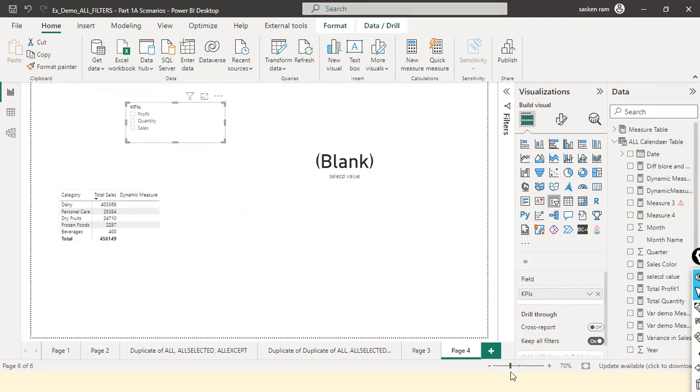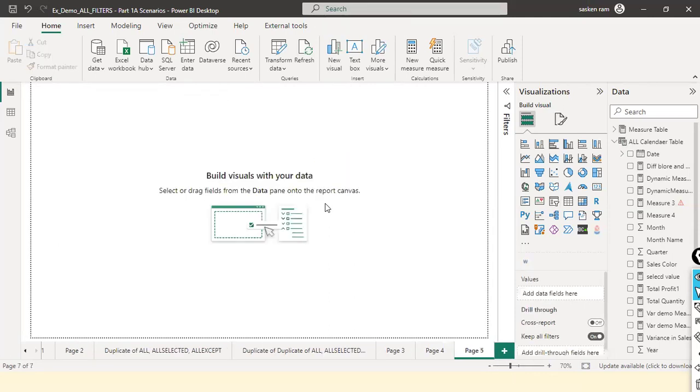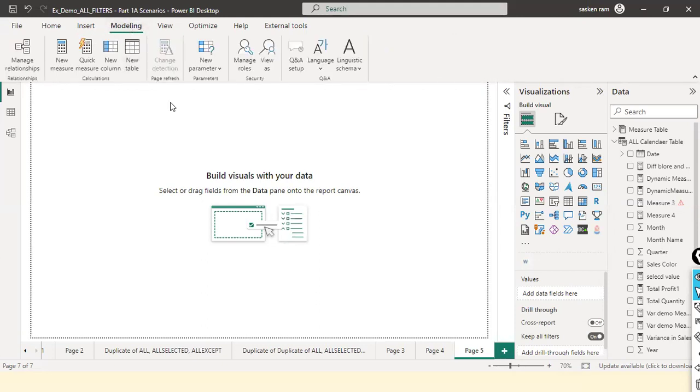Is there any possibility? So we have something called parameterized measures. Okay, parameterized measures. If the user wants to switch between different calculations or KPIs in the reports, like whatever we discussed, sales, profit, quantity, what we can do is use parameters. Okay, so what do you mean by parameters? Here in the modeling ribbon, we have something called new parameter. Okay, so what I will do is,